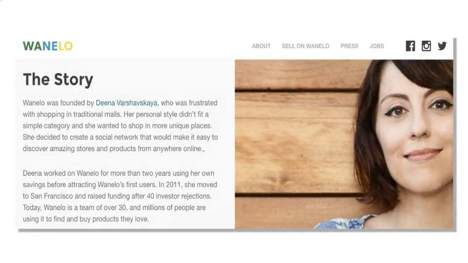So on this slide, I have a quick example of a brand story behind Wanello. I actually circle back to this slide later in the presentation on the About Us portion, but they do a really good job of giving you an idea of who this company is and what they're here to do. So the problem they saw in their industry and how they're going to solve it. So Wanello is like an online shopping application, like on your phone. It's similar to the idea of Etsy or Amazon, but it's a little bit different.